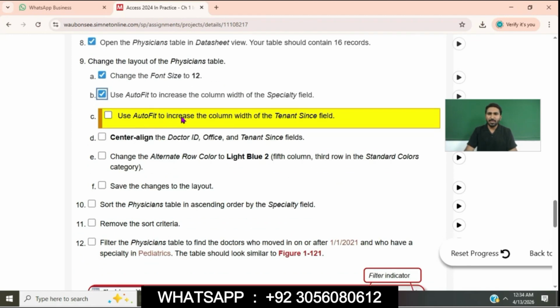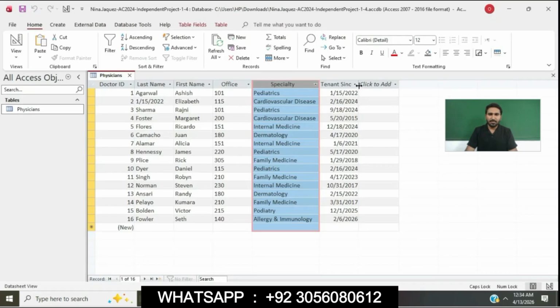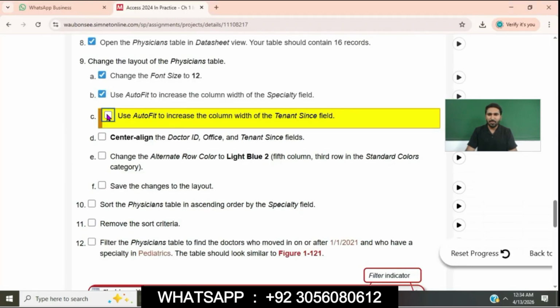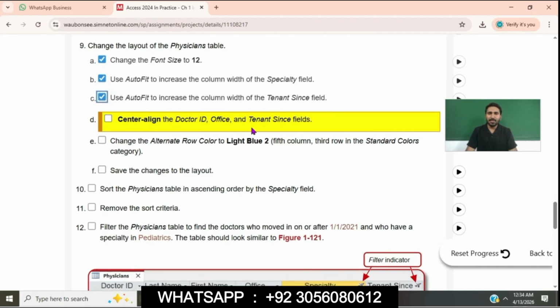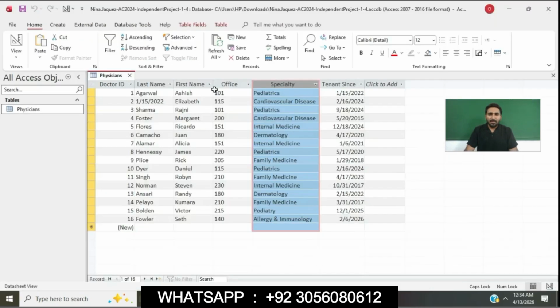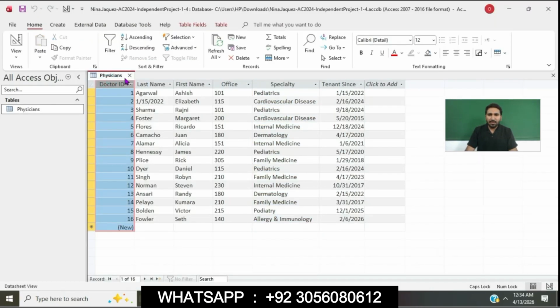Point C is use AutoFit to increase the column width of the Tenancy field. Okay, this is done. Point C is done. Point D, center align the Dr. Addy, office, and tenancy fields. We will select this Dr. Addy and go to the Home tab.